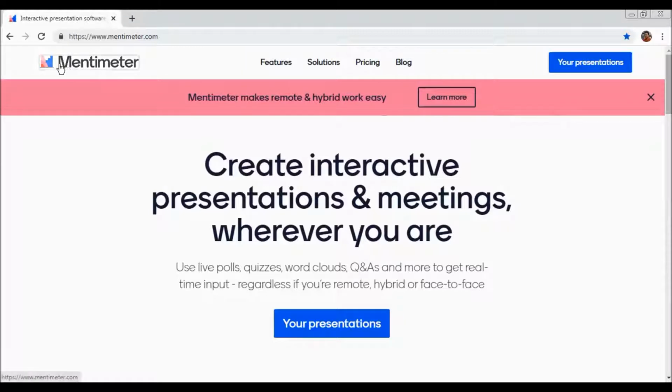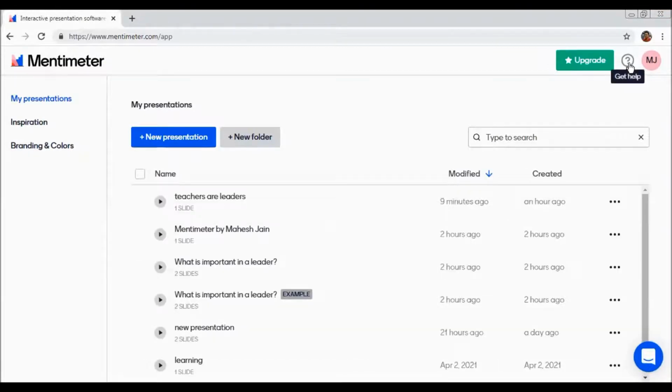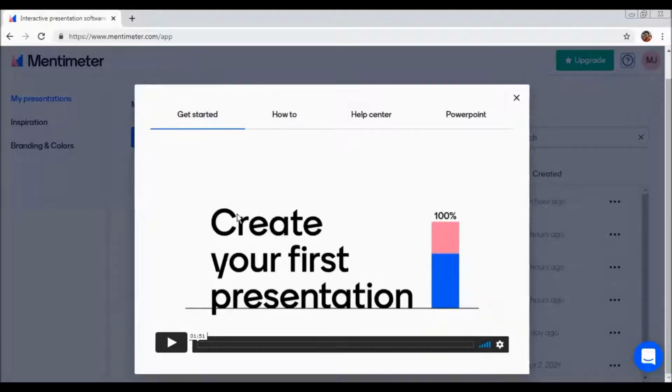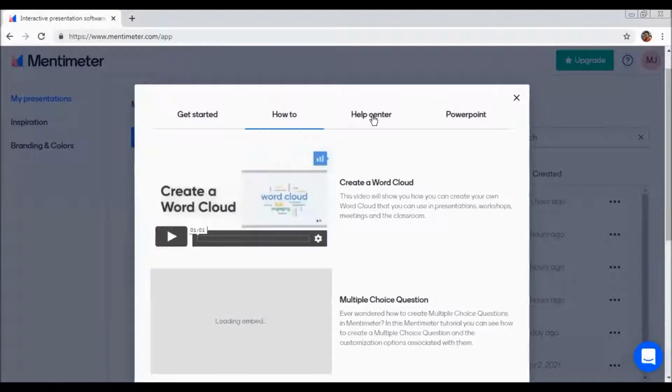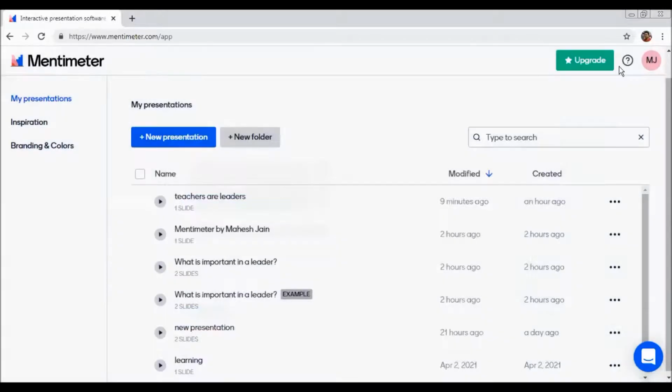On top you will also observe that, apart from this, now we'll come to my presentation space, the place where all my presentations are available. You can see after that there is a question mark which helps you in understanding any issue related to Mentimeter. There's a video also available to help you understand all the issues related to Mentimeter. All the help you need is available. Usually it is available for all apps, but this video is giving you guidance about how to go ahead with the Mentimeter app.